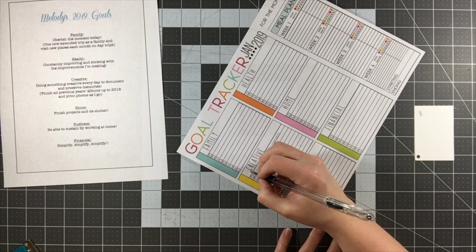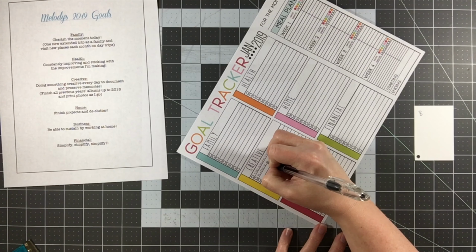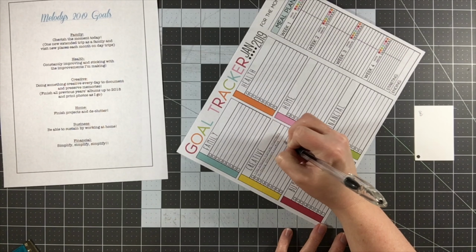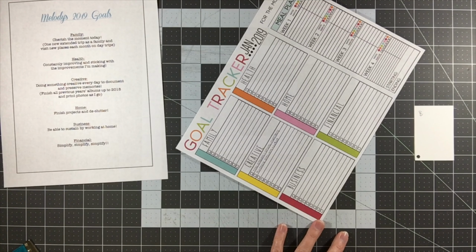Then I need to purchase albums as needed, because I have layouts done for 2018. I did at least look at that, and I don't have an album for them to go into. And then I have another album, I think,